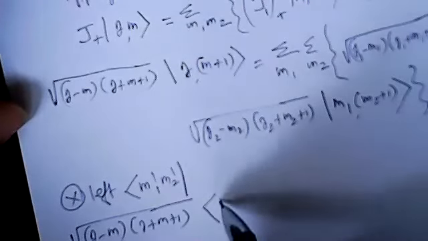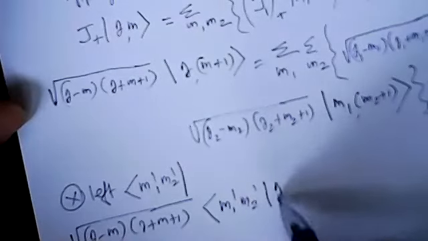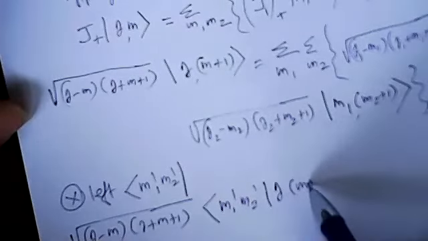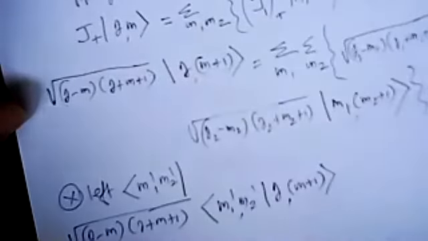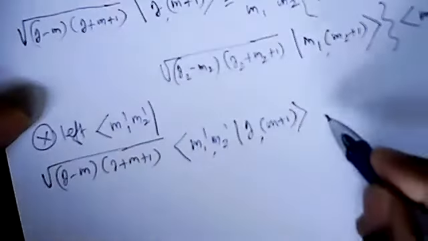Now this becomes ⟨m1' m2'| acting on |j, m plus 1⟩. Is that clear? The left side becomes like this, equal to